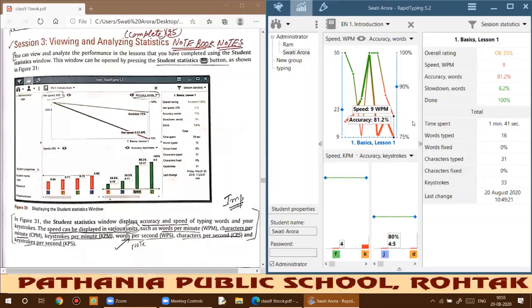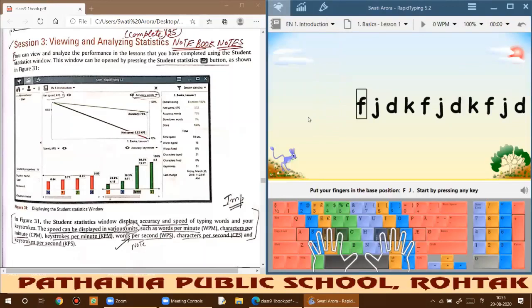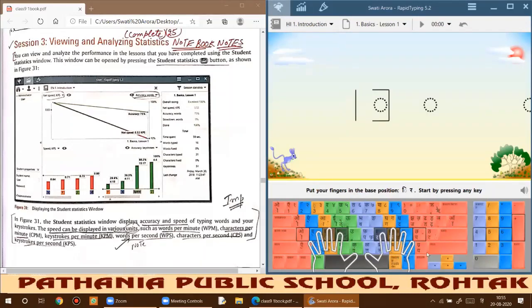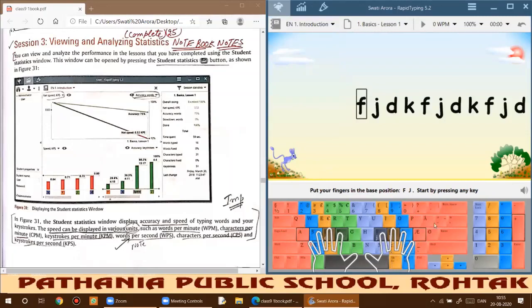Firstly, this particular software offers different languages like English, Hindi, and many others. If you use the course for different languages, then you can use this software for many other languages also. Like you can see, I have downloaded the Hindi course also, so now the Hindi keyboard is available to me and I may use it. So different languages can be used in the same software. You need to add that course and then you can use it. So you can practice the courses of different languages within the same software. That is why it is preferred.